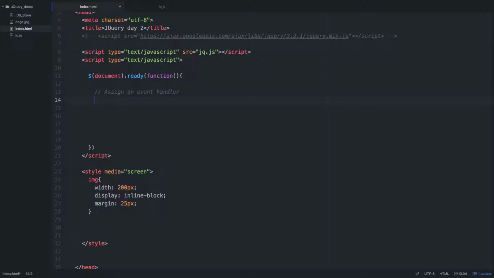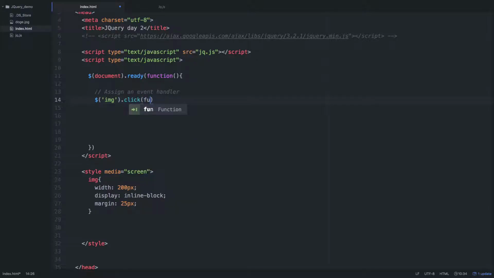So in jQuery, we do event handlers with the $ sign and the selector. We select the thing first, right? So we need to select all of the images. The way you select things in jQuery is the same as in CSS: a dot for classes, a hashtag for IDs, nothing in front if you want to just do the tags. So we're targeting all of the image tags now. So image tag dot click,